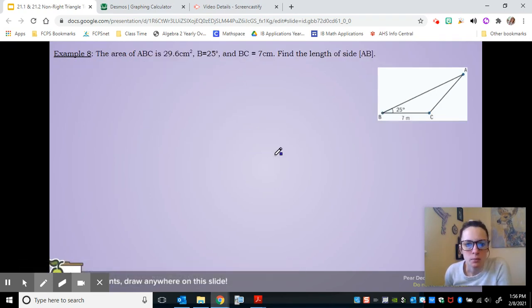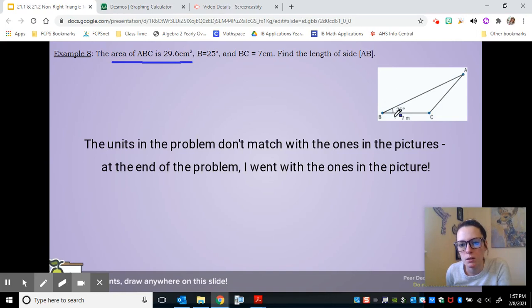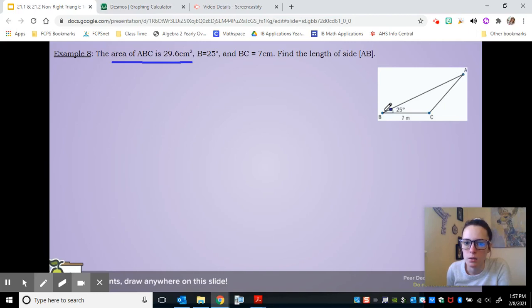All right, so in this example, they give us the area of this triangle is 29.6 square centimeters. They give us angle B is 25 degrees and side BC is 7. We're looking for side AB all the way over here. So we're going backwards this time, right? I know that the area